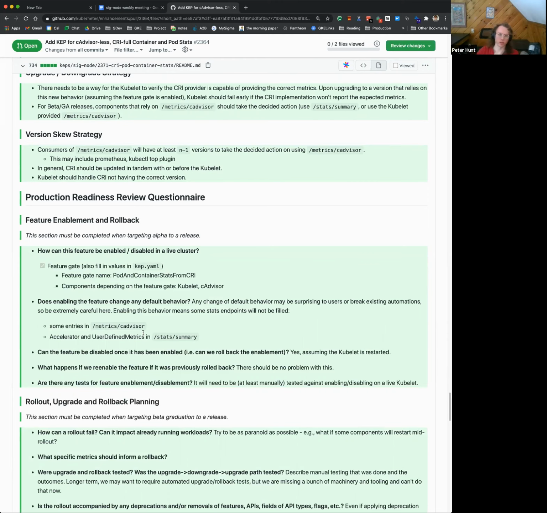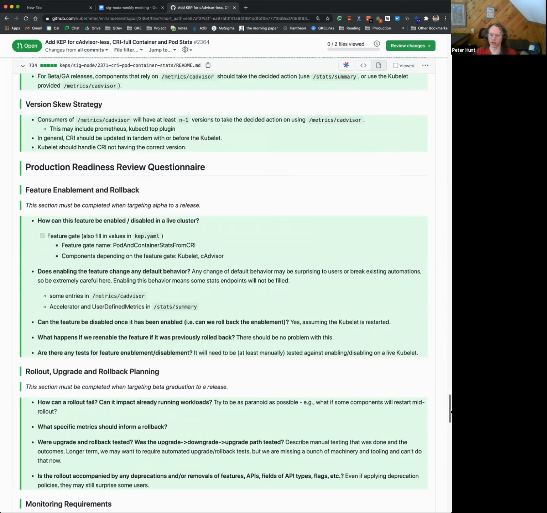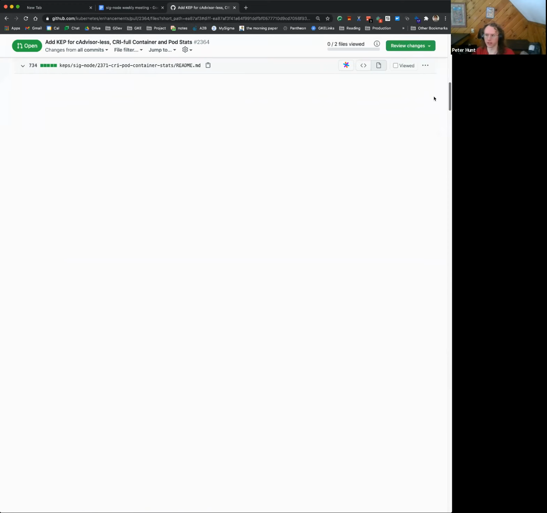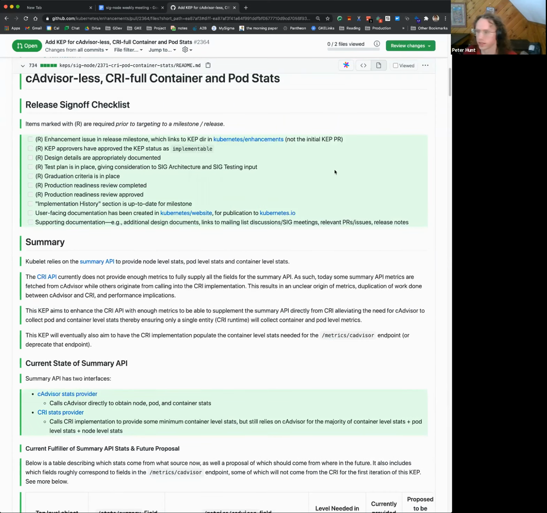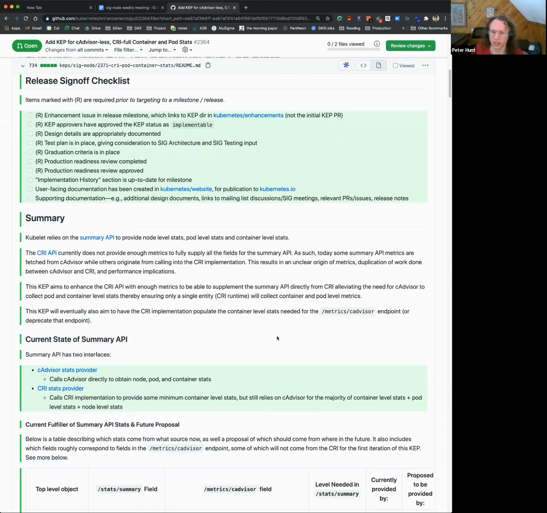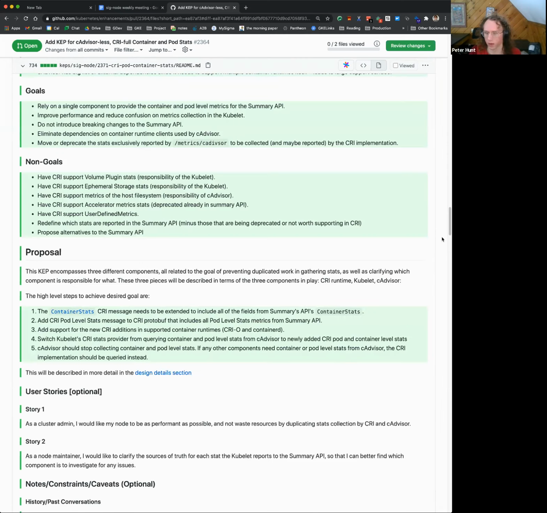Yeah, no, that was a pretty good summary. I think the biggest couple of open questions we have now are how to handle the metric cAdvisor endpoint, because most things in the Prometheus world, the Prometheus adapter, and even metrics server, though they're moving off of it, rely on that endpoint. Also, now that we're moving this implementation to the CRI, there's the opportunity for us to customize based on that. Some folks chimed in from Microsoft, the Windows container world,